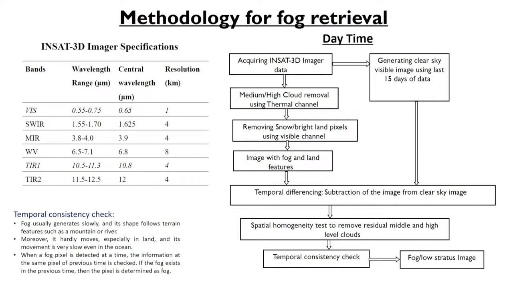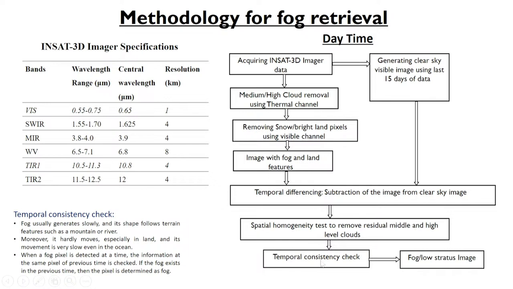Say I'm working for the 15th December, then I will take the data from 30th November to 14 December. So for each pixel, I will check and take the minima of the last 15 days. Right? So if I take the minimum of the last 15 days, I'll assume that in the last 15 days at least there will be one day when it is the fully clear sky, that is no fog, no cloud is there, and I am taking the minimum. So whatever image I generate, that will be the clear sky image, right? Then I will take the difference of these two images and I will get the fog image.